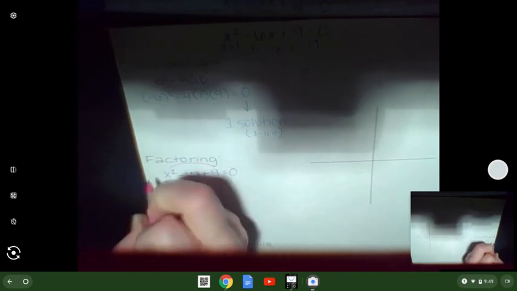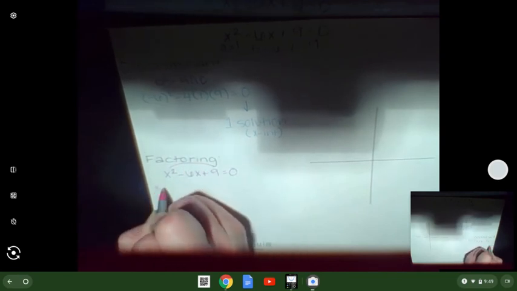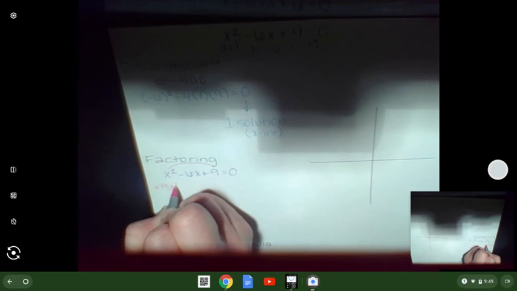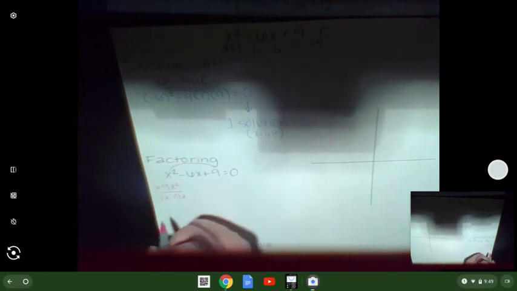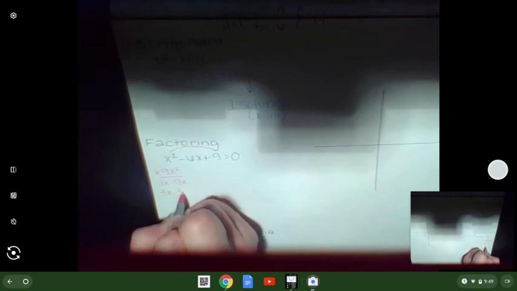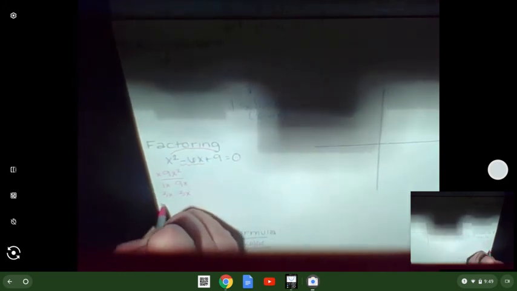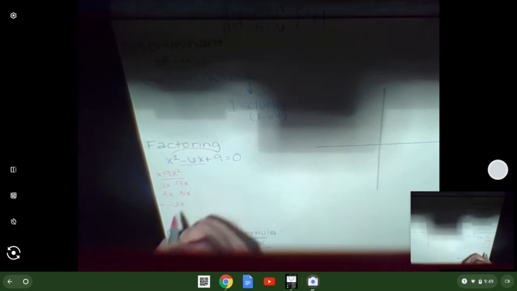I need a pair of numbers that multiply to give us 9x squared. So factors of 9: I got 1x times 9x gives me 9x squared. 2 is not going to work. 3x times 3x gives me 9x squared. 4, 5, 6, not going to work. At the same time, I need a pair that add to negative 6x. Well, comparing these two